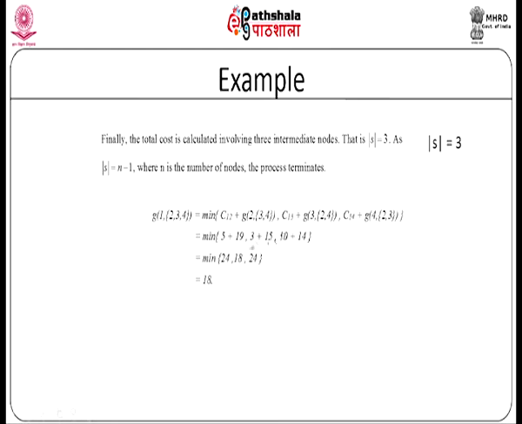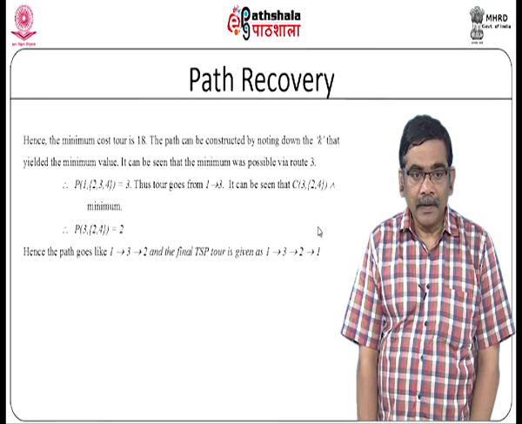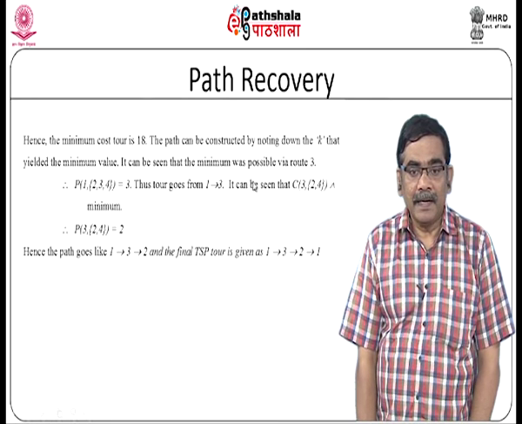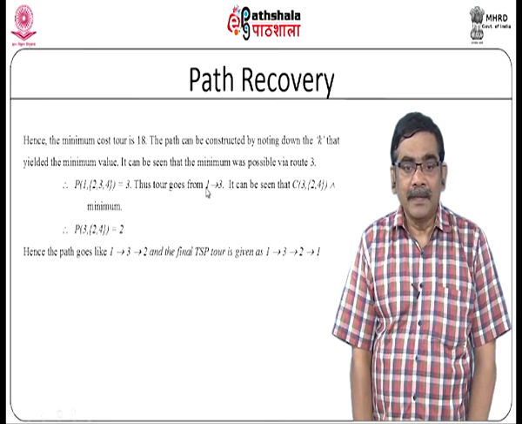So, you can see very well the minimum is obtained from traveling via c 1 3 and then g 3 comma 2 comma 4. If we keep on tracking that,